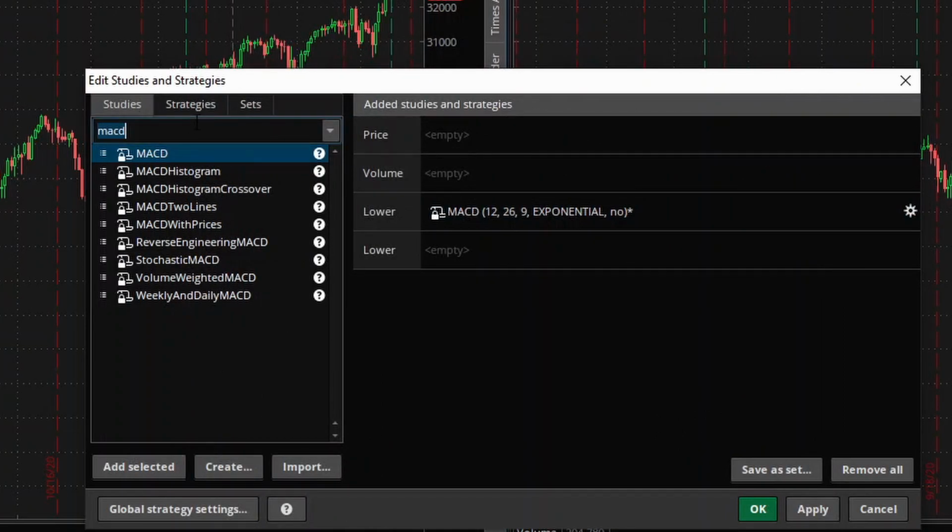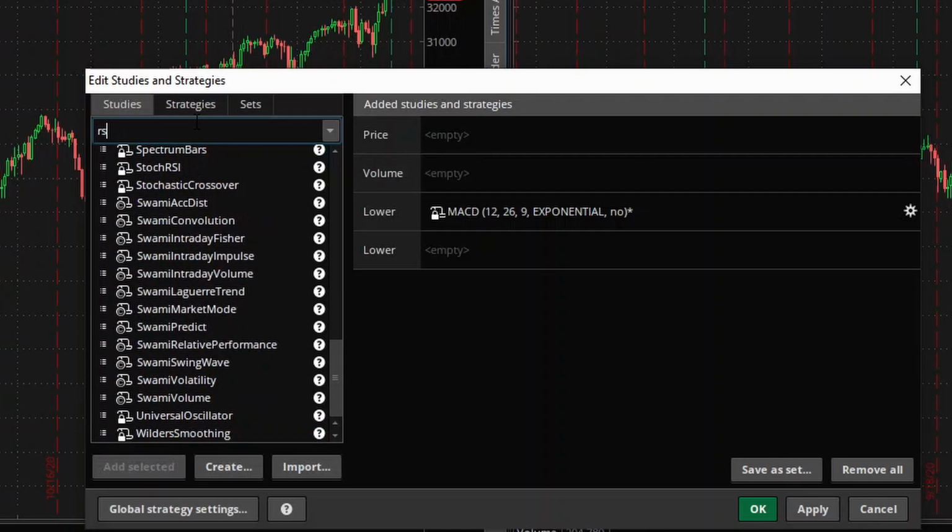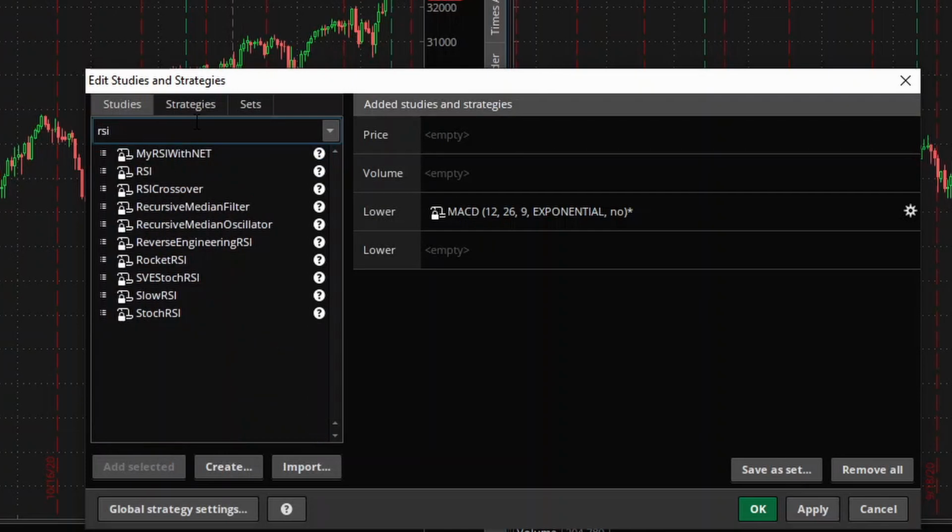And then the next one that we like to use is the stochastic RSI. So I'll type in RSI, and then the one that we are using is the stochastic RSI. Again, there's other RSIs that you could play around with. Just with my experience, the stochastic RSI worked the best for what I'm doing, and that's the reason why I'm